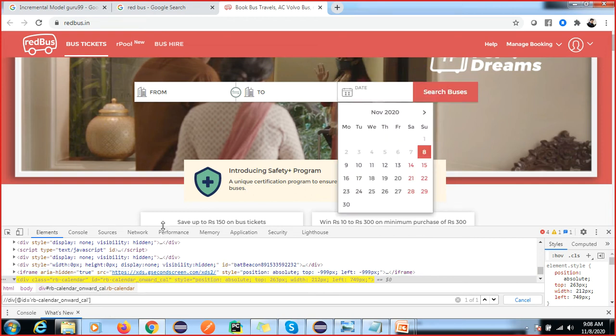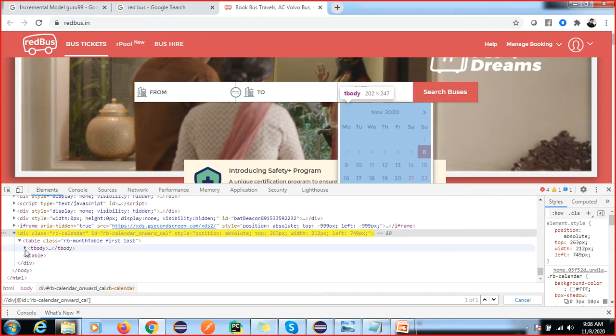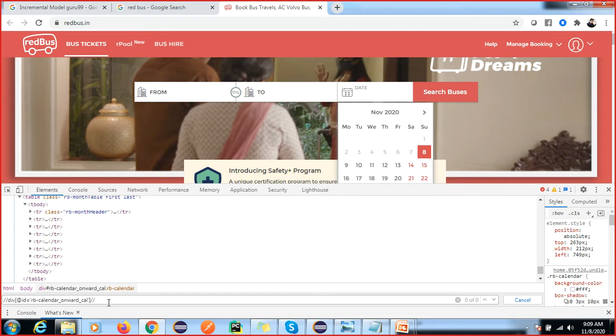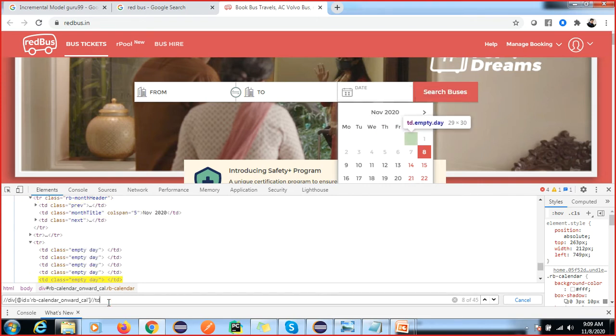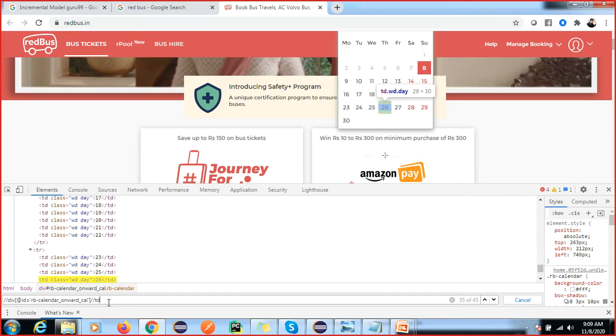Okay, but you can see B is having the table tag, right? So here B has this table tag. So this is the TD value. These are the TD values we are capturing. Got it, right? You can see all the data we have captured. So if you want to capture all the data, we can use this.